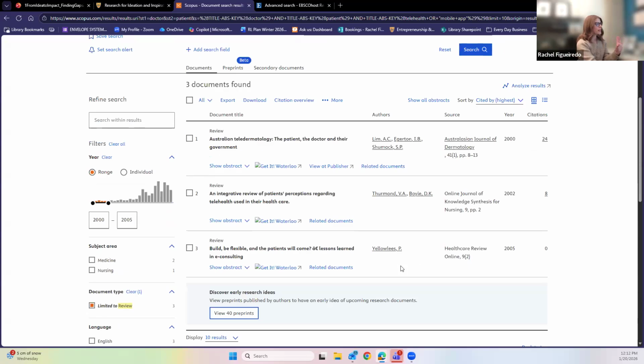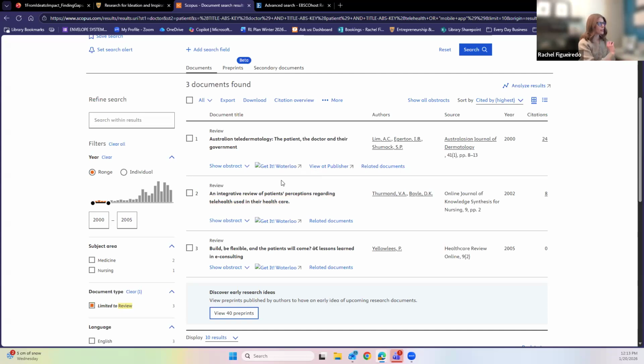So I'm showing you Scopus because I think the results page is worth all the effort to do the searching part in the first place. Before I move over from here, I want to show you how to actually get full text access, because through these library tools, you should not only be able to use them to search, but you should be able to access this content for free because we're already paying for it through the library.